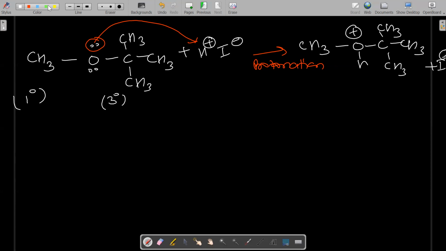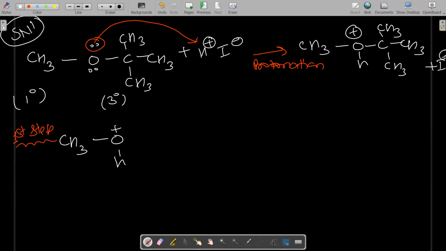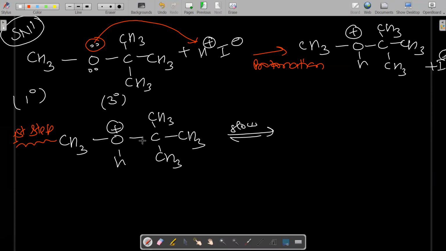Okay, so now here the steps start, because you know in this case the SN1 mechanism will be followed, and SN1 mechanism occurs in two steps. What is the first step? The first step is reversible and slow. So now this protonated alcohol, sorry, ether. So this is protonated ether. In the first step, this protonated ether undergoes cleavage. That will be slow and reversible, all of you know. And there is a cleavage of this bond.